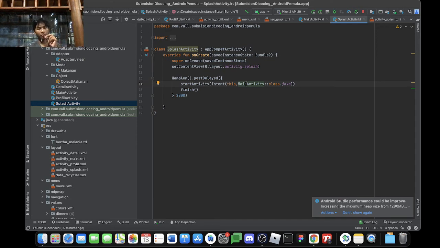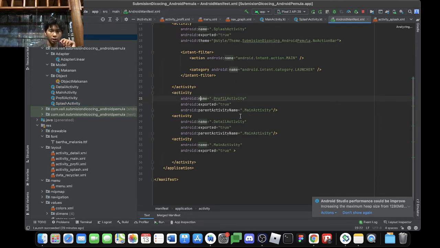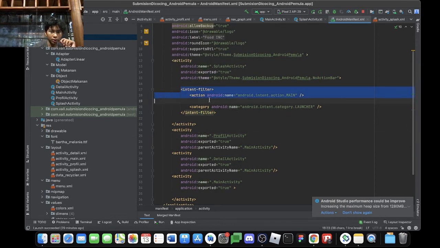After the delay, I mean the splash screen, it will move you to MainActivity::class.java. Just finish and put normal brackets after it, and then this is the time of the splash screen. Then this intent filter, put it inside of the splash activity.